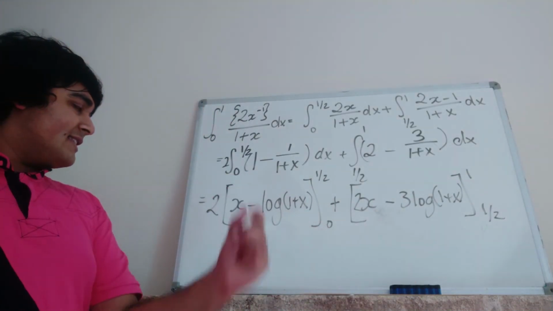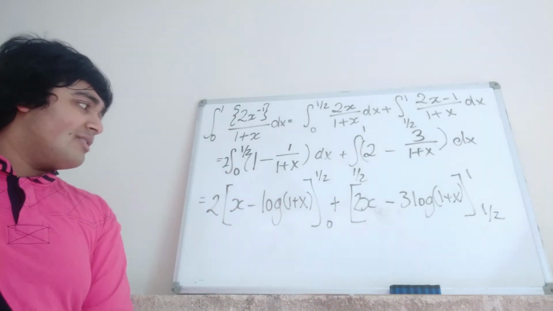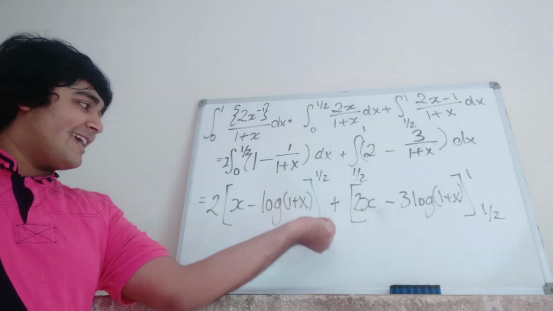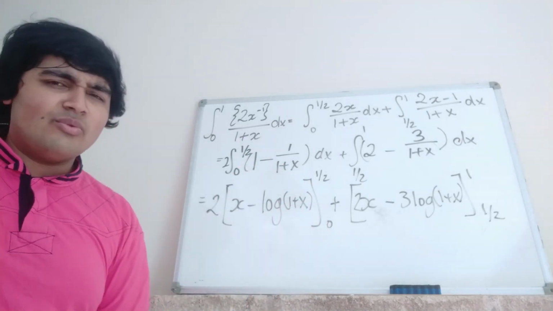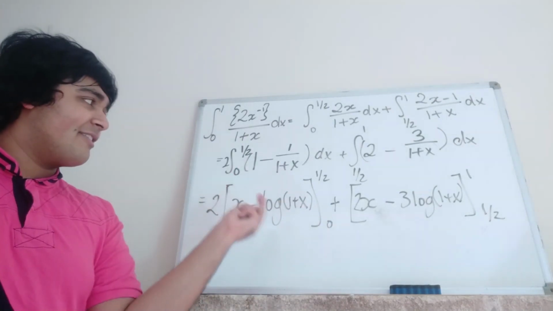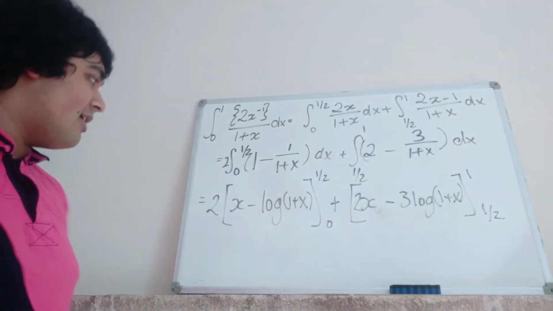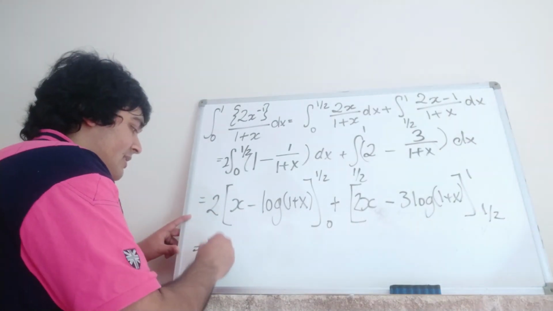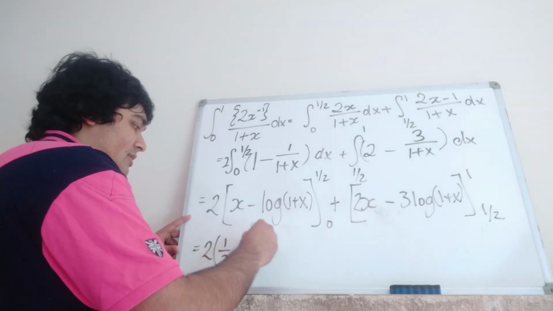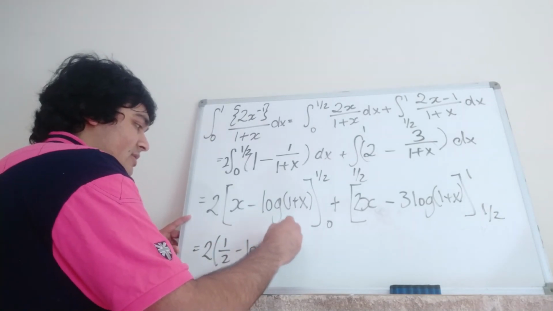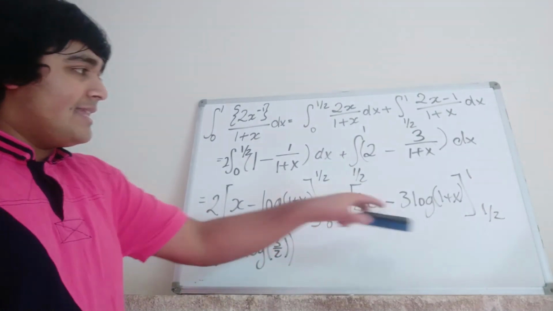Plugging in a half into this guy here, I get 2 times a half minus log 1 plus a half, and when I plug in x equals 0, I get 0 minus log of 1, which is just 0, so I just need to worry about when x is a half. So this is just 2 times a half minus log 3 over 2, like so,